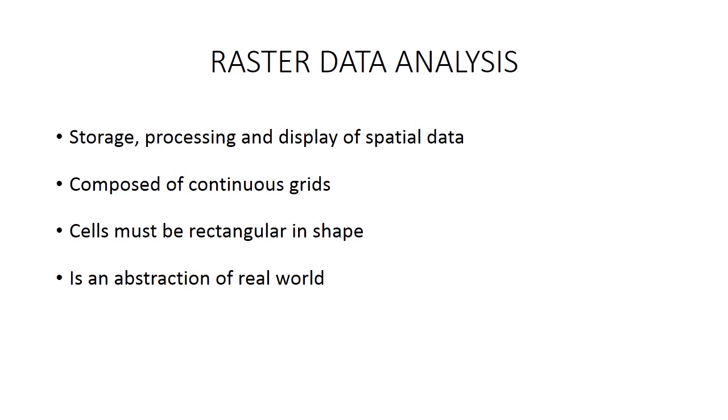Raster data is an abstraction of the real world where the spatial data is expressed as a matrix of cells or pixels, with a spatial position implicit in the ordering of the pixels. Raster data is nothing but an abstraction of the real world, meaning how the real world is represented. It is cast as it is and expressed in the form of a matrix of cells, and each cell has the ordering as well as the information.